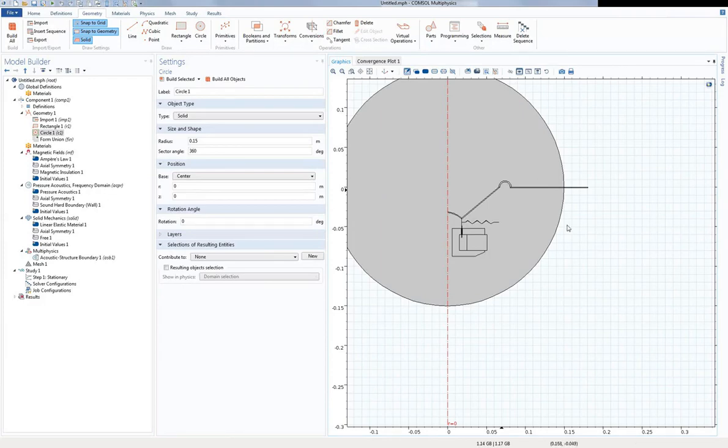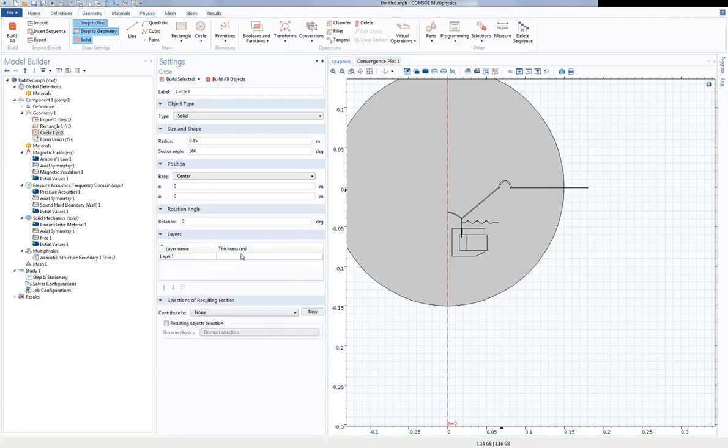Now, the outer boundaries of the air domain should ideally be transparent to sound. We don't want them to cause any unnecessary reflections. And one way we can achieve that is by adding an outer layer to this air domain. In this layer, we are going to apply a so-called PML, the perfectly matched layer. And this is what's going to absorb the outgoing sound. A thickness of, say, 3 centimeters is fine. The PML is automatically going to be scaled mathematically internally. So the physical thickness that you give it doesn't really matter as long as you resolve it with a sufficiently